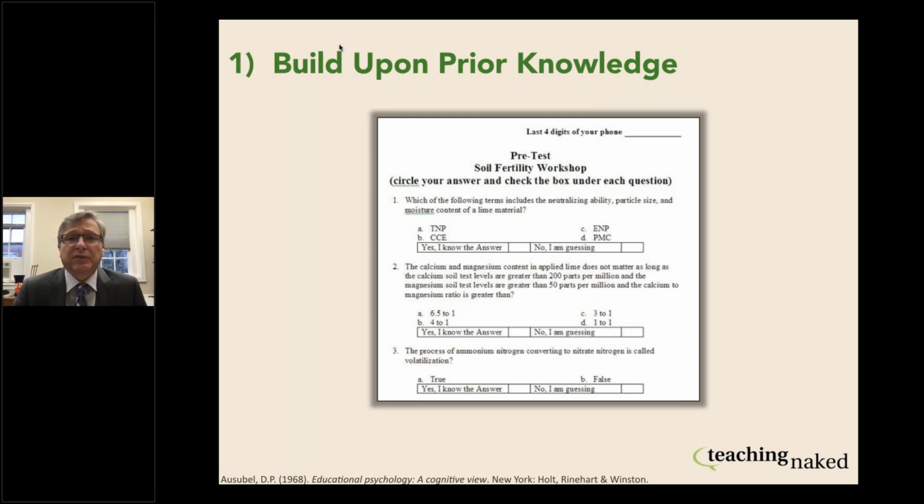I ask 10 questions specifically that ask content questions for things that I'm assuming they already know coming into my class. So I don't plan on covering this in my class, but I think they would already know this before they come to my class. So that's what I'm assuming regarding their prior knowledge. I also ask 10 questions that are from content from the first 2 or 3 weeks of the term. And that lets me see, am I shooting too low for my students? In other words, am I expecting that they only know this, but they're actually far more advanced? And so that gives me a real opportunity to change my instruction in an interesting way.